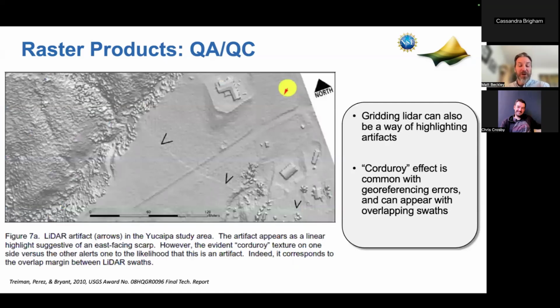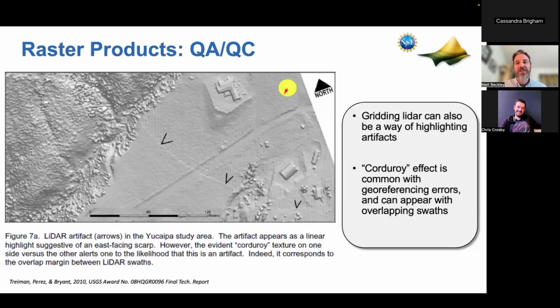Another more high profile example of doing QA/QC was based on this paper, where the authors talk about how initially they thought they found a new fault scarp. And that might be hard to see in this graphic. It's highlighted in these black arrows, but it's this line right here. Initially, they thought this was a new fault scarp, and then they also saw this corduroy pattern here. And this is a very telltale sign of